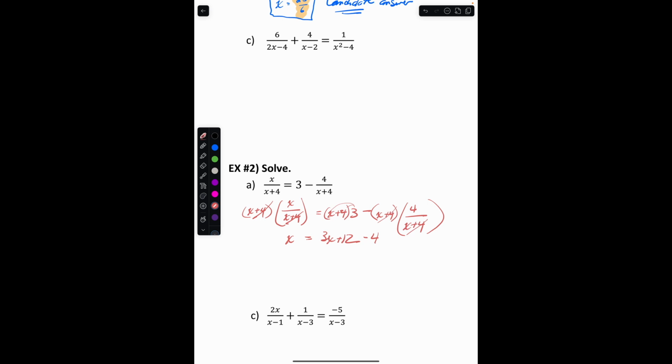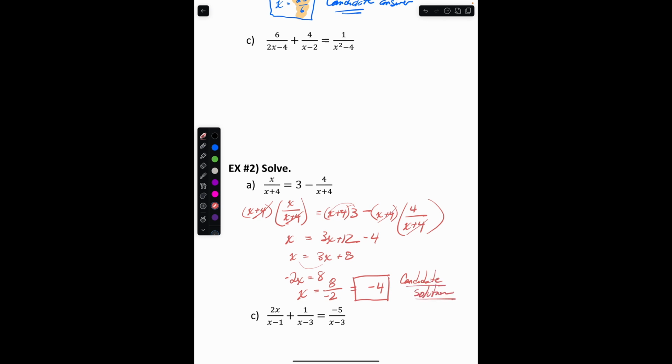Now, this is simple stuff to solve, right? x equals 3x plus 12 minus 4, which is plus 8. I can move this 3x to the other side. I'll have negative 2x equals 8. So x equals 8 over negative 2, which is negative 4. Now, I should be doing this the whole time. I'm supposed to verify if that answer is a true solution. Right now, it is a candidate solution,